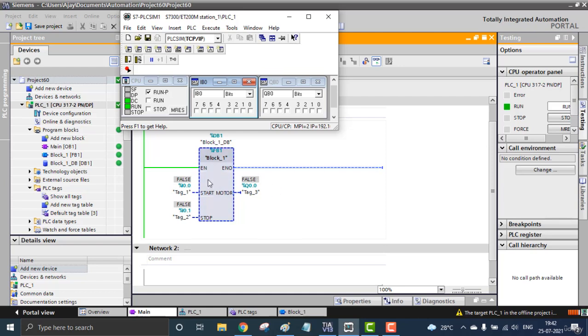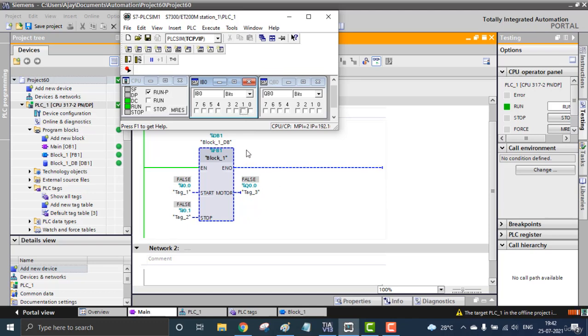I'm going to start my function block. There is a start option, a stop option, and a motor option also. That means we can start and stop, or we can repeat these blocks. All the internal things will be happening inside block 1. Let's see, I'm going to start this, I0.0, which is a push button. That means the input is on and off. You can see the output is on right here. Here you can see Q0.0 is true, and it is still latching, or holding, the output. When I press the stop button I0.1, press and release, you can see the output is gone.